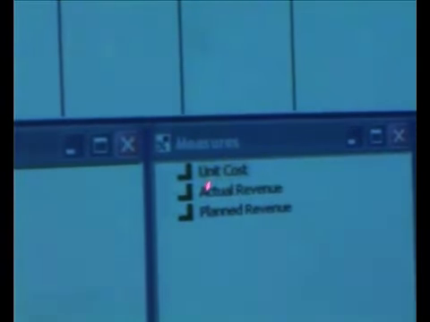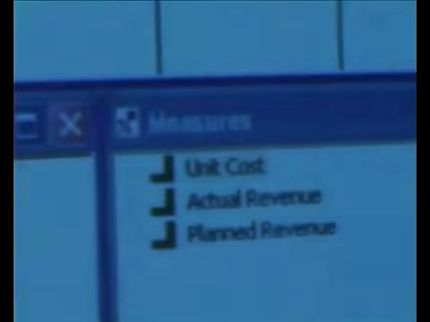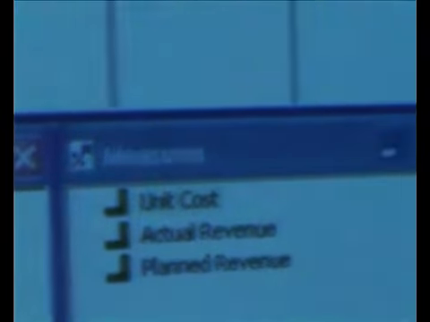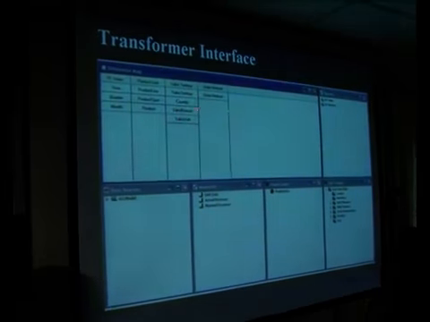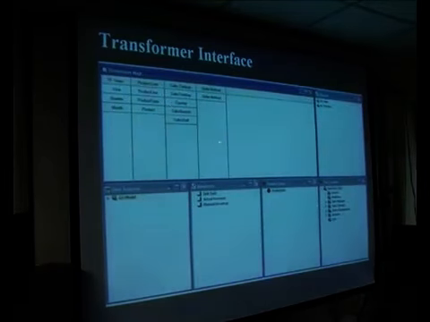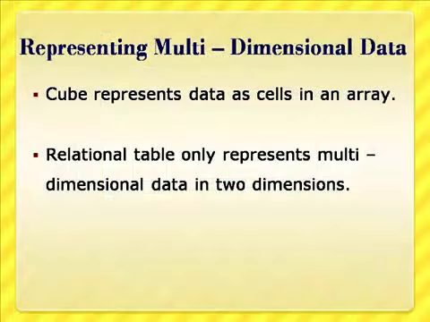Once the functions are triggered, a cube is generated and then shown here. So in a way, a hypercube can always be simulated using the facility provided in Cognos called Transformer.